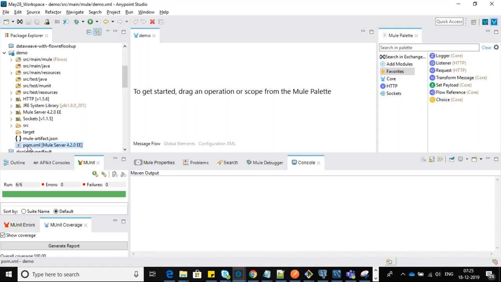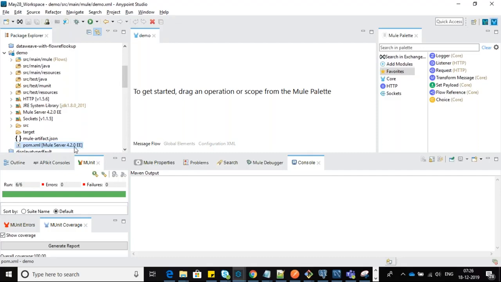So in 3.x, you could either create a POM based project, or if I don't want a POM based, meaning Maven based, project, I can ignore that. Externally, you have to choose the option, with a radio button, whether you're going to create a Maven project or not. Right now here in 4.x, whatever project you create is Maven based by default, so that's why you can see it here. And the Mule runtime server version, 4.2.0 Enterprise Edition.